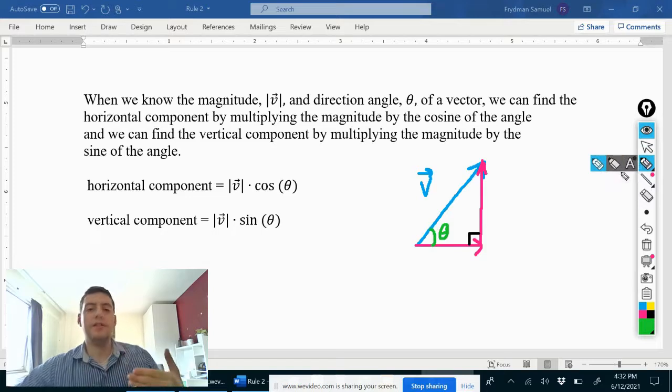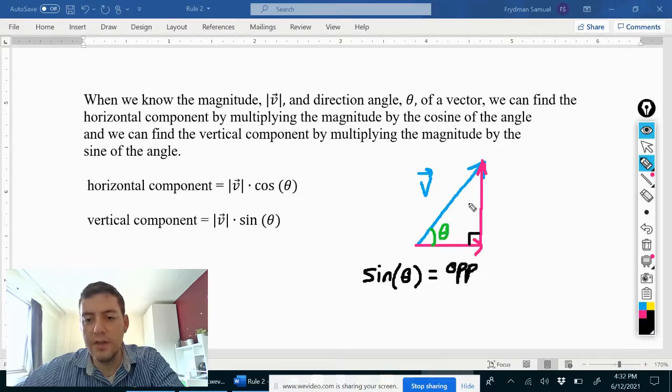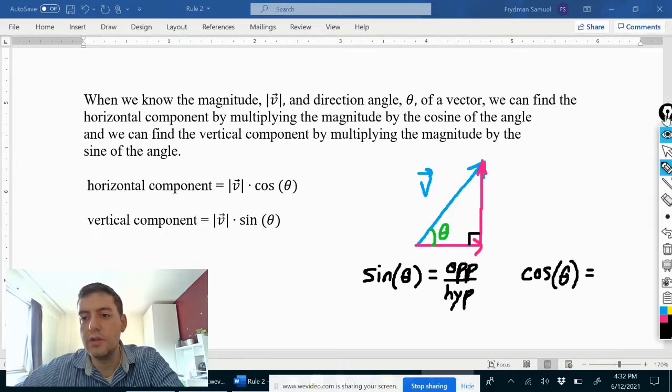Then we know, based on the definitions of sine and cosine, which are based on right triangles, that the sine of angle theta is equal to the opposite side, which would be this one, over the hypotenuse, which would be this. And the cosine of theta would be equal to the adjacent side